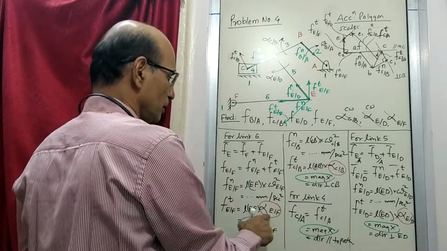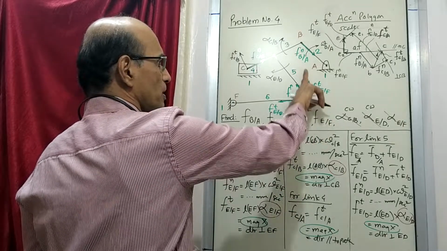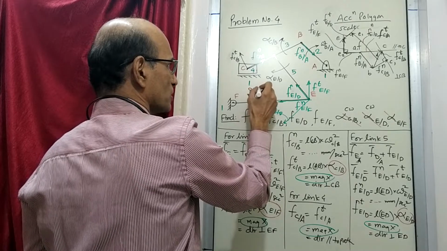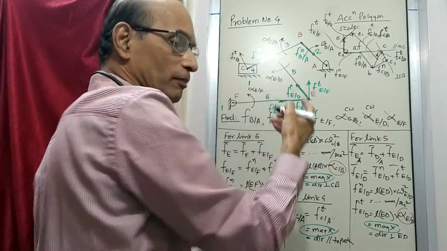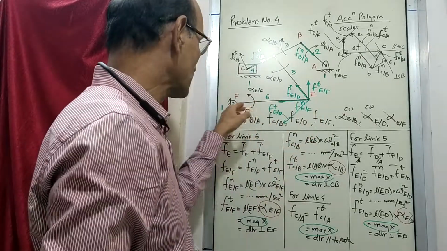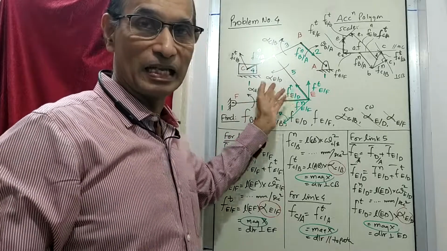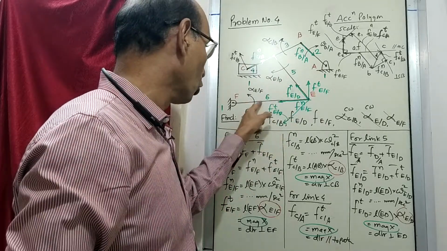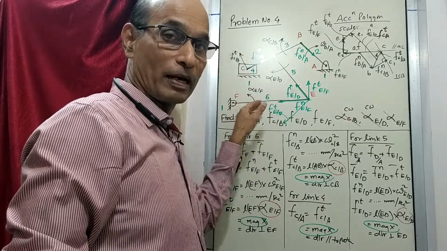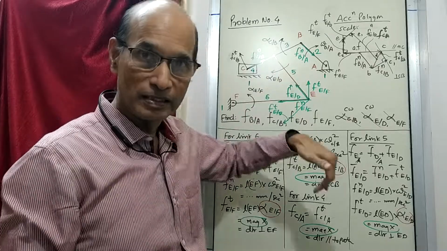And then the third, E with respect to F. E with respect to F is tangential this way, so it will rotate like this. It will not rotate in fact, it is the acceleration in that direction. Its rotation will be something else which you have found out by the velocity polygon. The acceleration this way means it will be either accelerating or retarding depending on how the omega is. If omega and alpha are in the same direction, that means the omega is increasing. If omega and alpha are in opposite direction, then the omega is retarding.